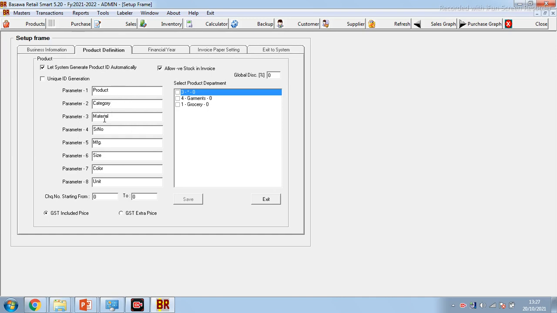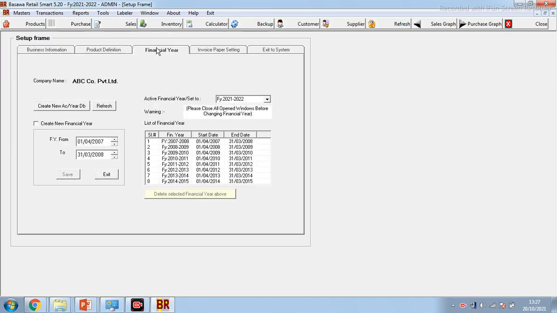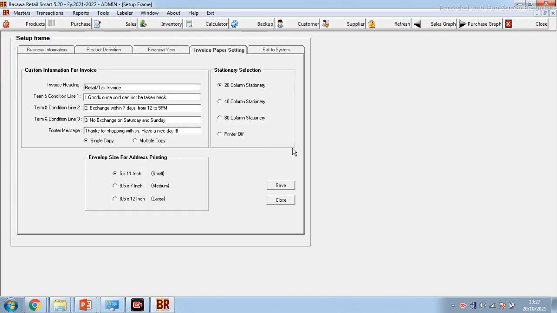In parameter 2, category, material, manufacturing, size, color, unit, etc. Next is the financial year; you have to select the financial year in which you are entering your data. For the invoice paper setting, there are 3 types: 20 columns, 40 columns, and 80 columns. In retail, generally 20 column stationery is used, but you can define 40 or 80 columns depending on your choice. Okay, so let me exit.